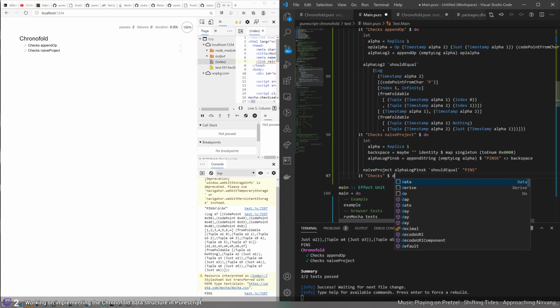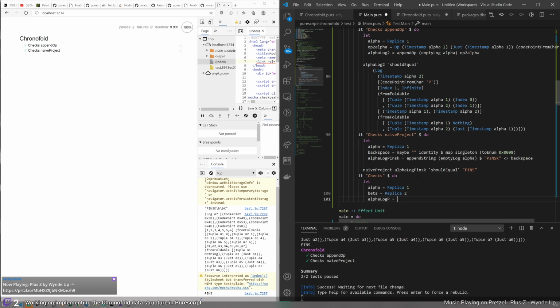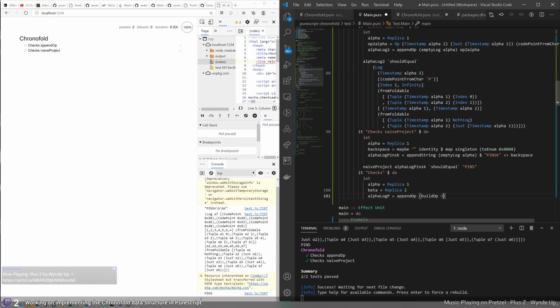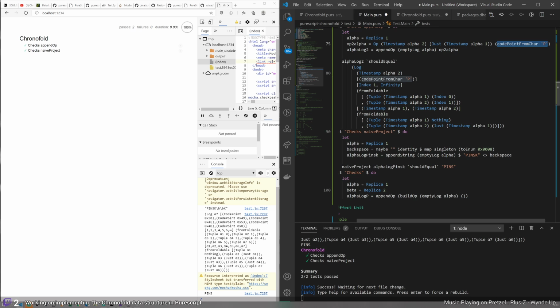I don't exactly know yet what I wanted to check, but let's say we have this time alpha and beta, and we do alpha log P, and we say append op of this time build op of alpha of empty log alpha, and the code point should be something like a code point from char, right? Code point from char P. And so